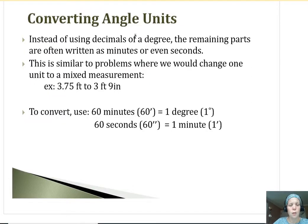Besides just degrees, there's actually more accurate ways of measuring angles. So instead of just using the decimal of a degree, we can also write the remaining parts as minutes or even seconds if we need to get really, really accurate with our measurement of our angle. So it's kind of like the idea of